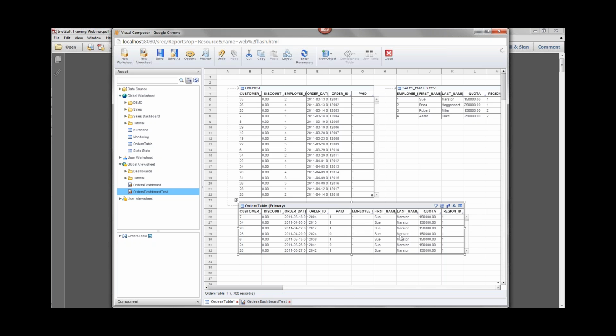But if you want to make modifications to the database, you have to know that the changes you need to make are not changes to this joined table. The changes that you have to make are changes that have to be written back into the orders table and the sales_employees table in the database. So I'm pointing out here that you need to have a lot of knowledge in order to be able to set this up, a lot of knowledge about where the dashboard is getting its data from, and a lot of knowledge about the structure of the database itself.